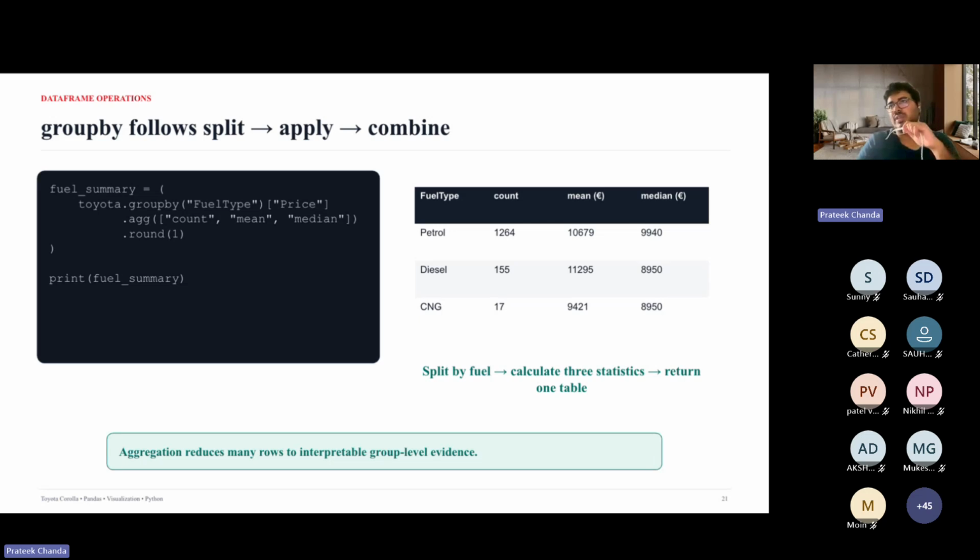So you can group by and then you can aggregate via count, mean, and median settings. It gives you the corresponding output on the right. You are grouping by fuel type, and for each of them you have the corresponding count, and for price you have the mean price and the median price of it. So these are different aspects of things here.